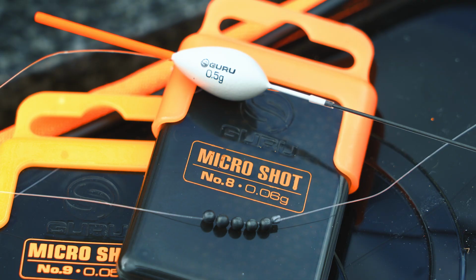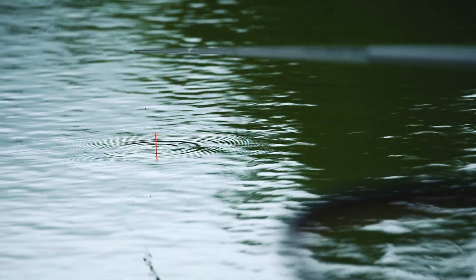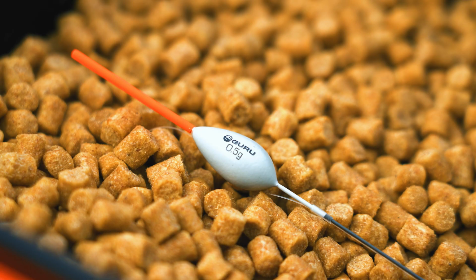And then down to the float, I have a little back shot just above this. This just stops your rig getting blown off the shelf. It can move sometimes 4 to 6 inches beyond it. You don't want that. Your rig's going to be off the bottom. So a little back shot, and then the float